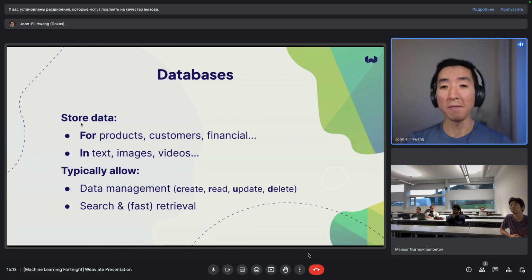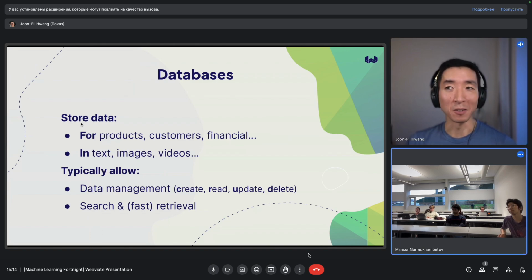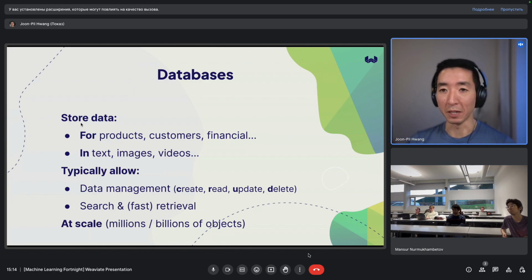Now, of course, once you have that data in there, you probably want to be able to search and retrieve the data at speed, because you probably know that if you have a database, it's not just going to be 10 rows of some sort of object. It's going to be millions, tens of millions, and so on. So you want some way of efficiently searching for the answer with high search quality and also do it quickly, right? We all know that if things take too long, they're not very useful for the objective. So being able to do all of these things at scale is really a big reason to use a database.